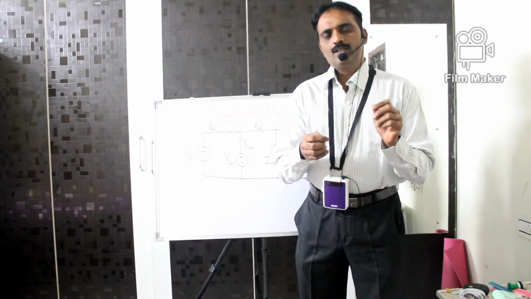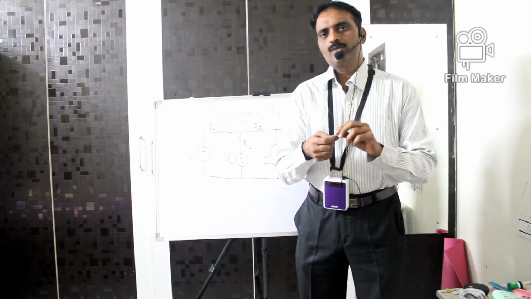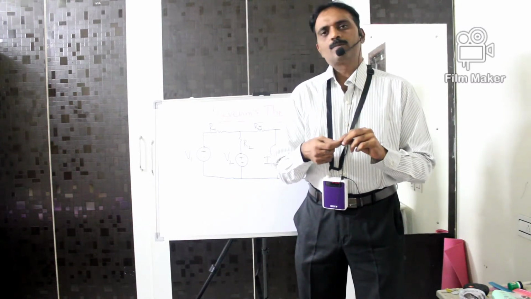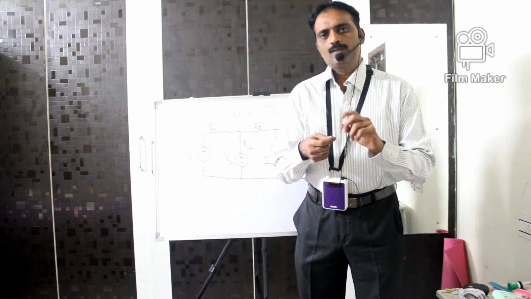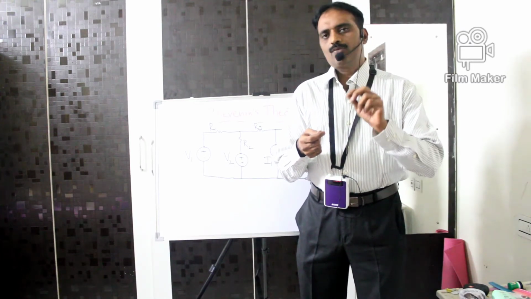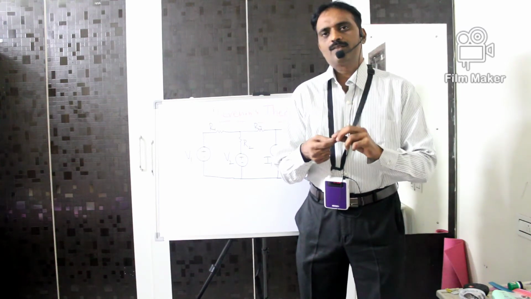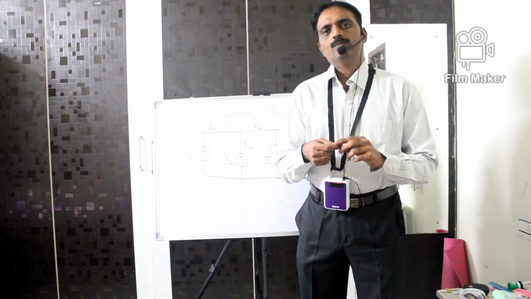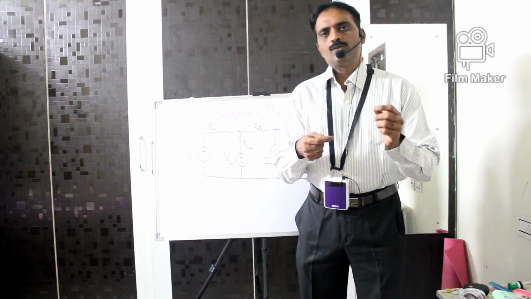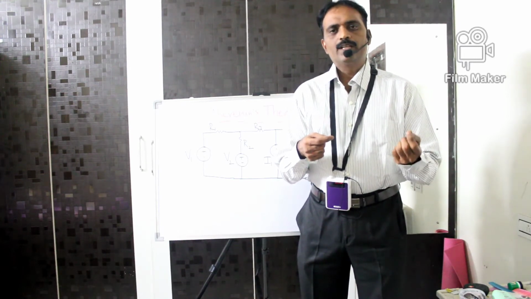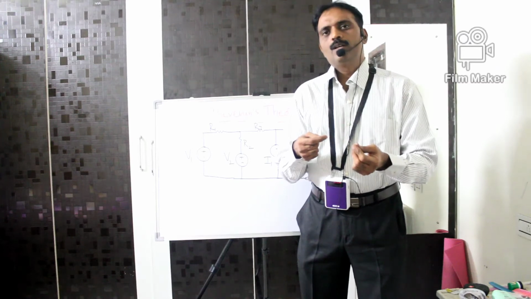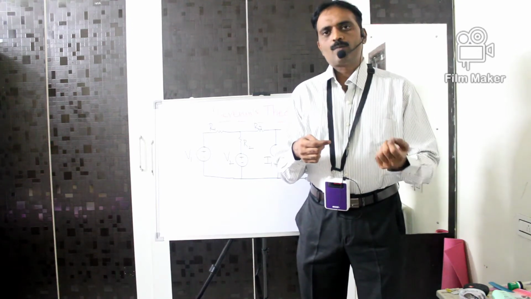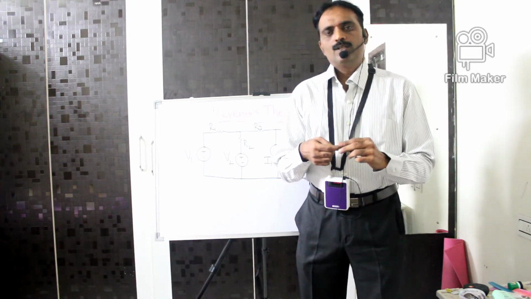This Thevenin voltage is the open circuit voltage between the terminals where the current is to be calculated. And the series resistance or Thevenin's resistance is the equivalent resistance between the same terminals looking back into the network, making all the sources equal to 0. All the sources equal to 0 in the sense, if it is a voltage source, it is to be replaced by a short circuit or by its internal resistance if it is a practical source. If it is a current source, it is to be made open in order to make it equal to 0.